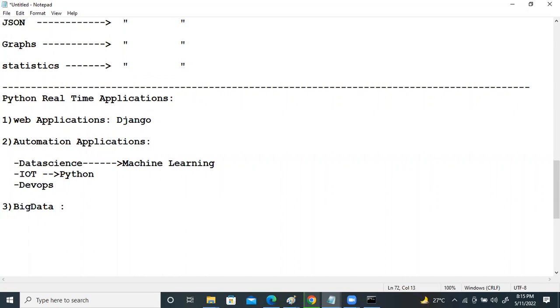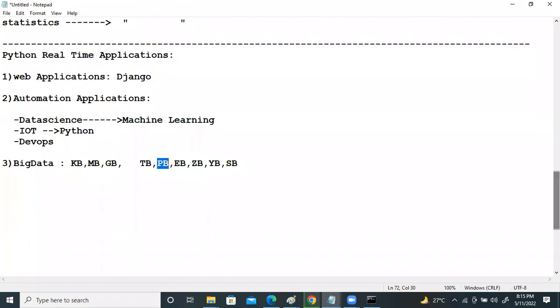Data storage units: KBs, MBs, GBs, TB, terabytes, petabytes, exabytes, zettabytes, yottabytes, and so on. From TB onwards, we say it is big data, huge data. You should have seen KBs, MBs, GBs, or TBs of data. But do you think petabytes of data are getting generated in the current real world?